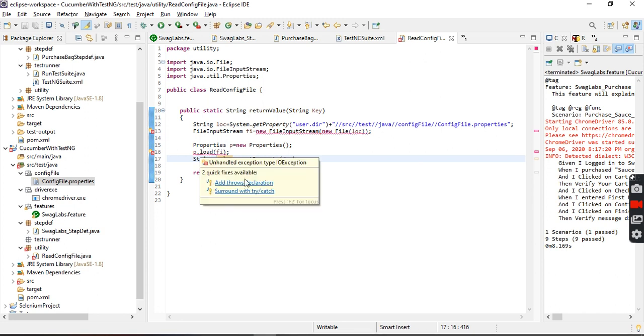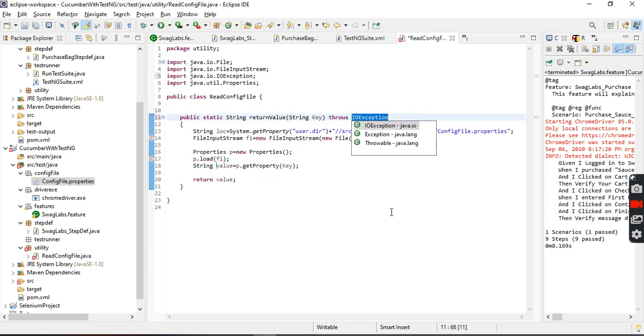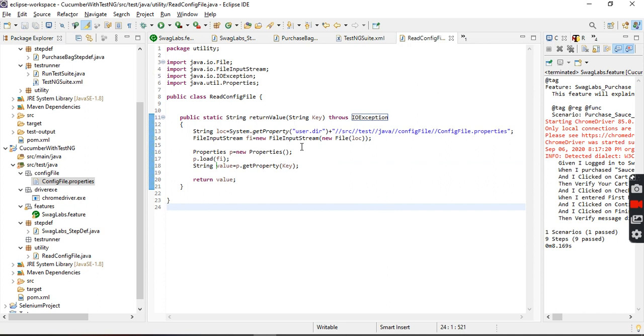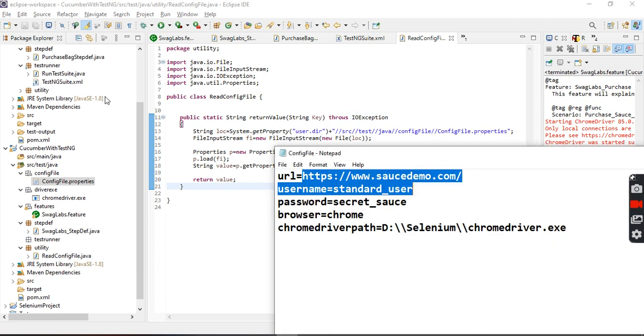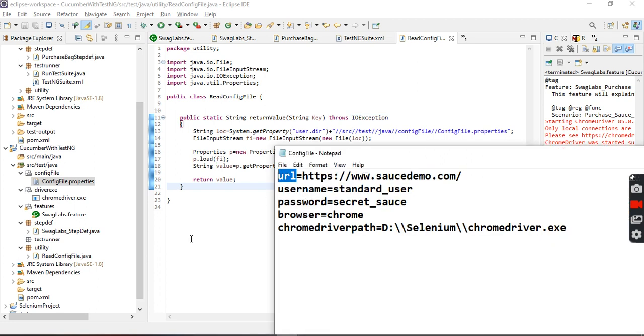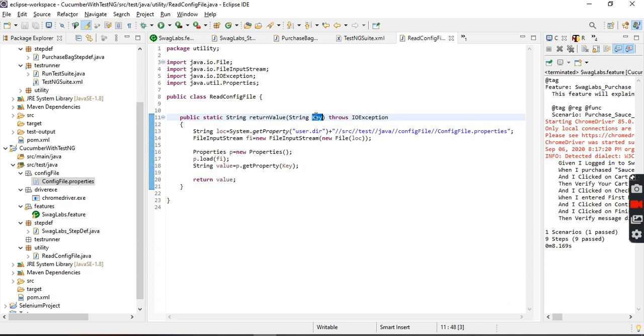Okay, now it may throw an exception. Why? Because we are dealing with input output. Now I'll explain one more time. We are going to pass this particular key. Suppose I want the URL, just pass it here. So what will happen?